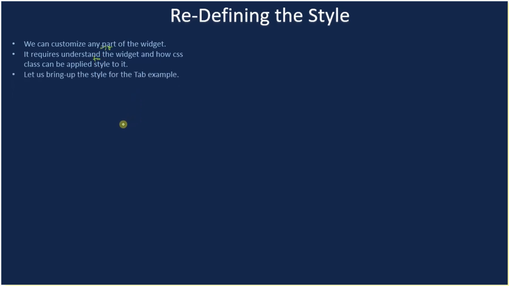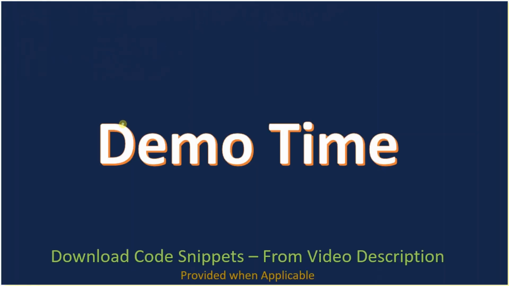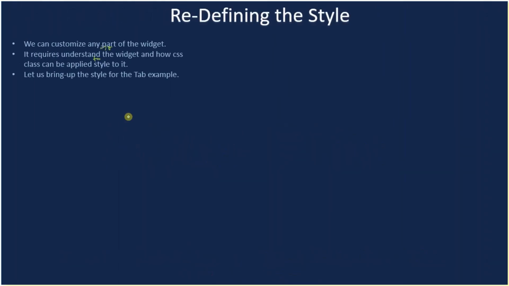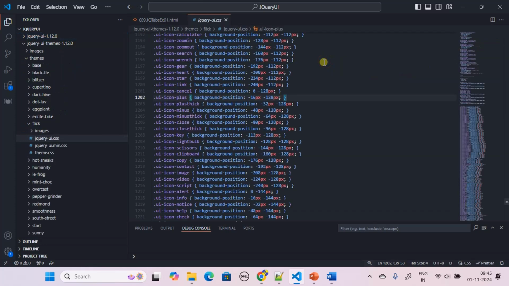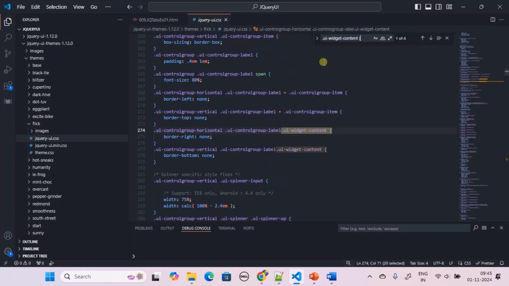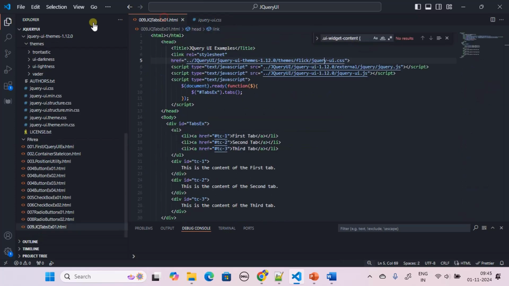Let us bring the style for the tab example. So here you can see that this is the style we are using, right? When we place Control and click, it will navigate to the CSS file. Then using Control F, we will search for a specific tab, UI widget content. So UI widget content here stands for,